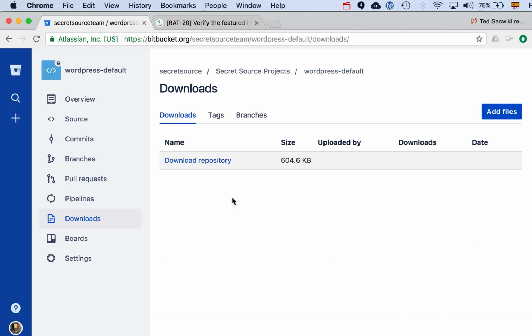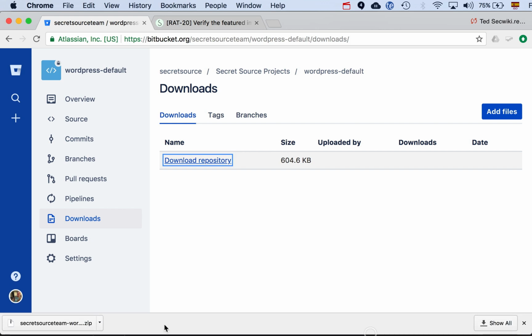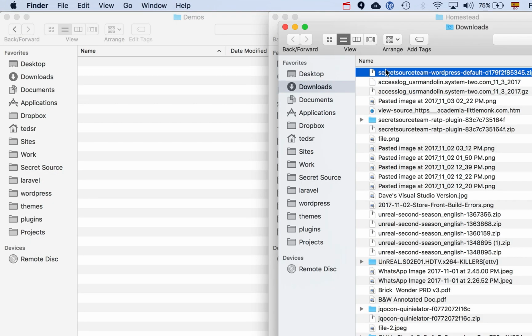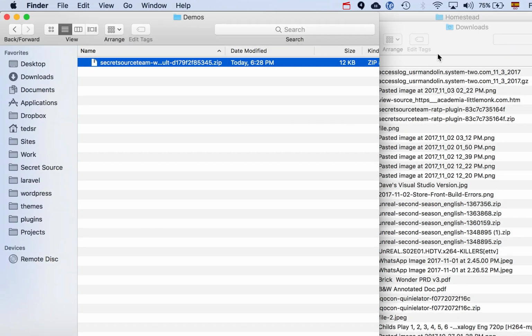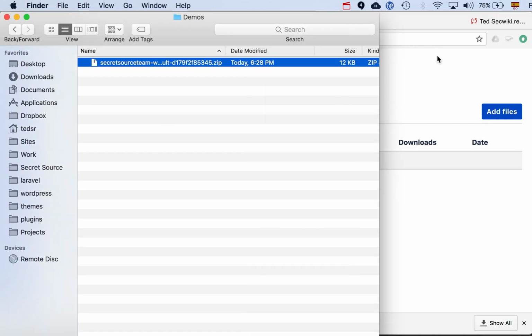and you can just click on Download Repository, just like that. And you can see here that it's been downloaded, right? So at this point, I will open this up. I'll put it into a folder that I have set up for doing development. And I will open it up,